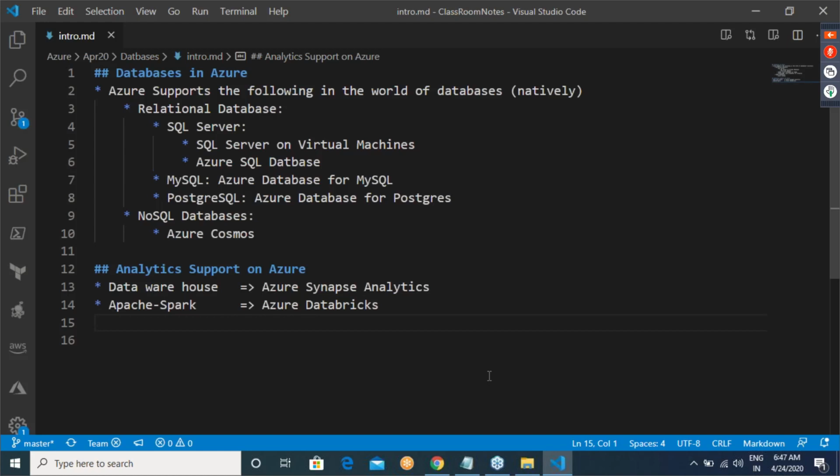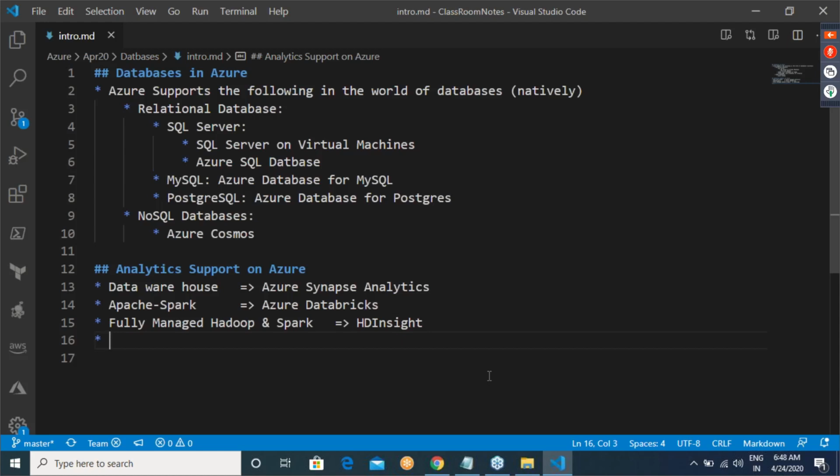A fully managed Hadoop and Spark system, if your company is doing that, then we have something called HD Insight.